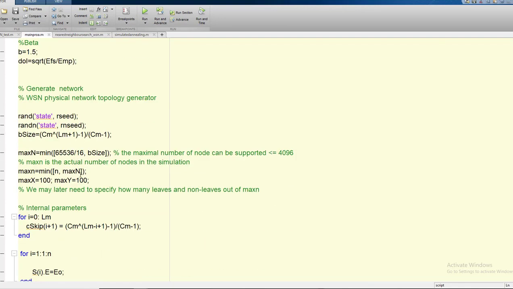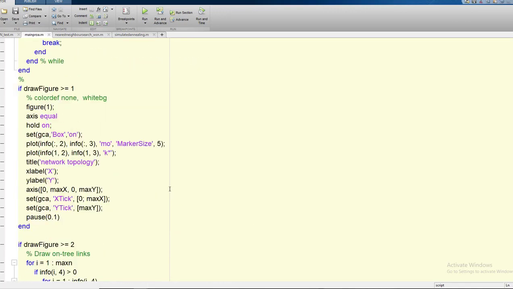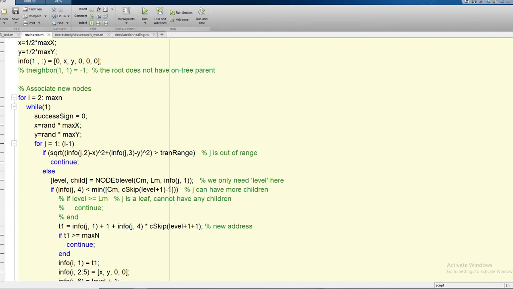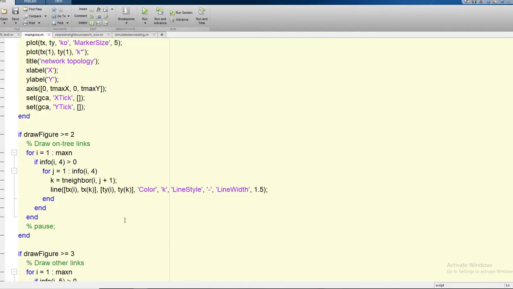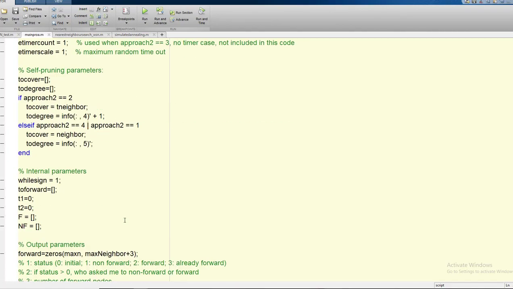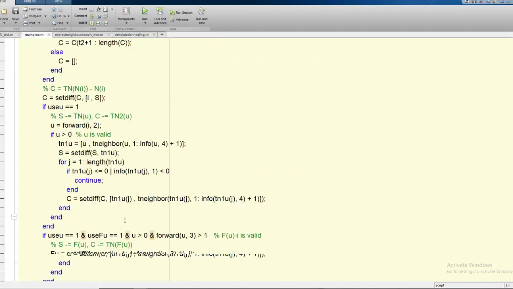It is a heterogeneous scenario. Then the distribution of each node will be spread accordingly, and finally we'll try to find out the location of the wireless sensor network nodes, and after that we compare the energy consumption of each algorithm.